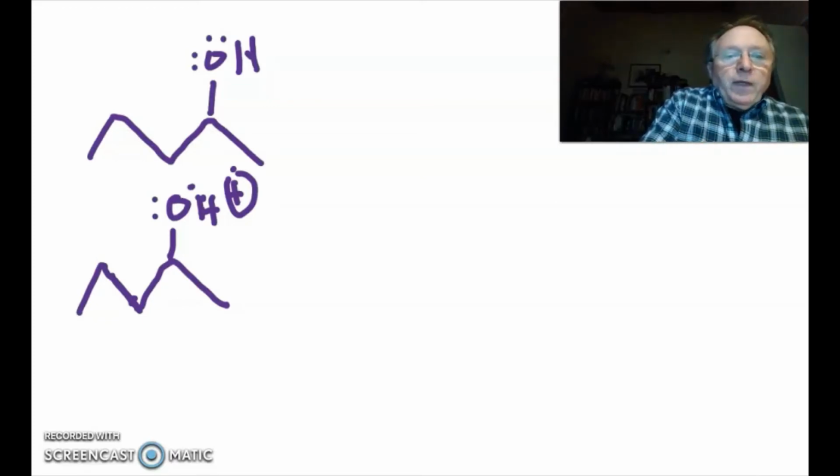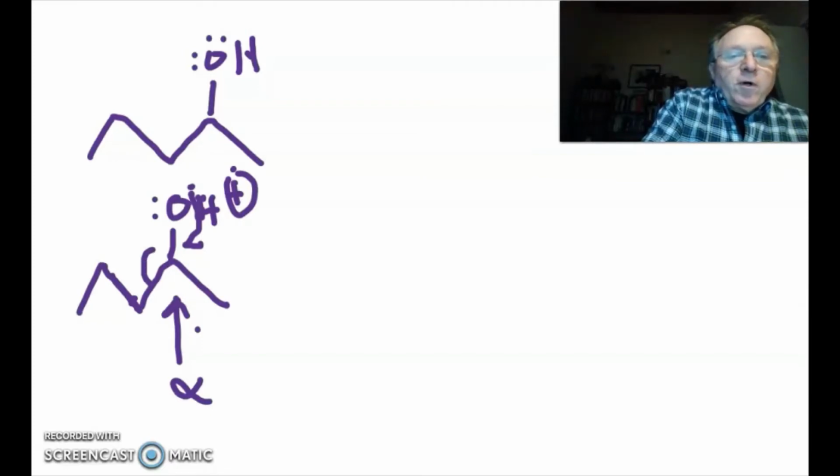So the alpha cleavage, this is our alpha carbon here. The radical ion is going to come down. We're going to use a single fishhook arrow to show that it's a single electron. And then we're going to have homolytic bond cleavage here. So one of these is going to go to this, and one is going to go here. So what we're going to end up with